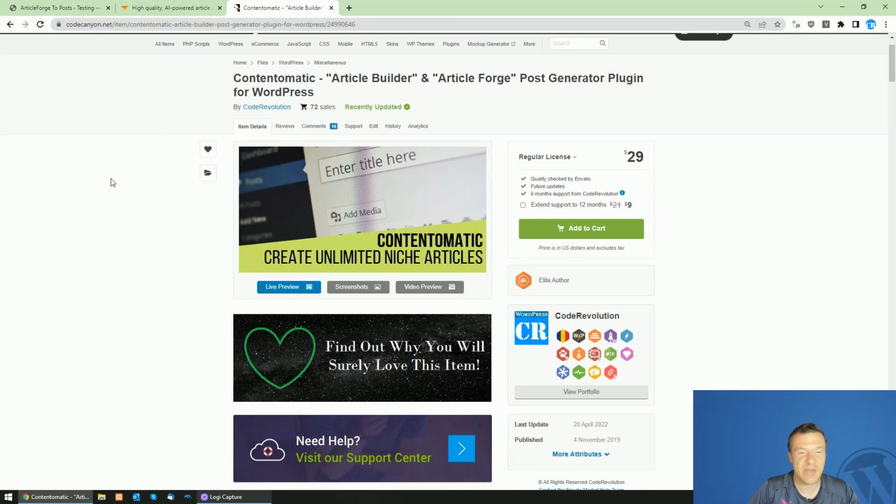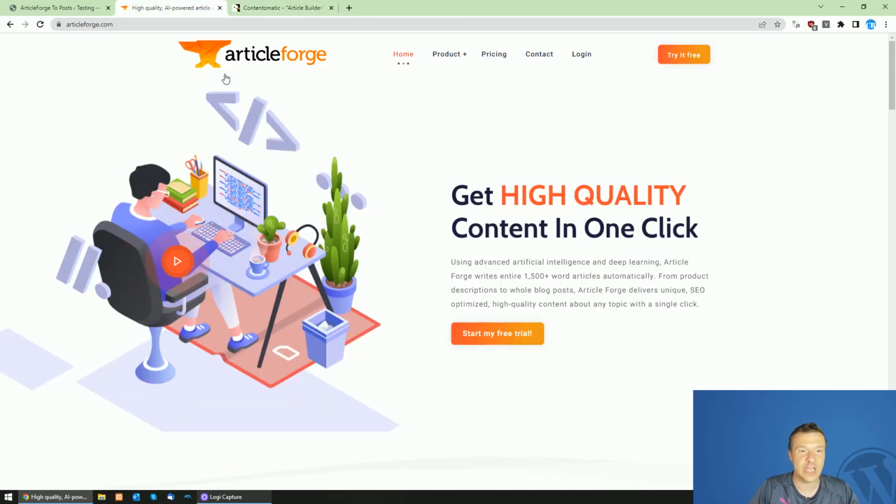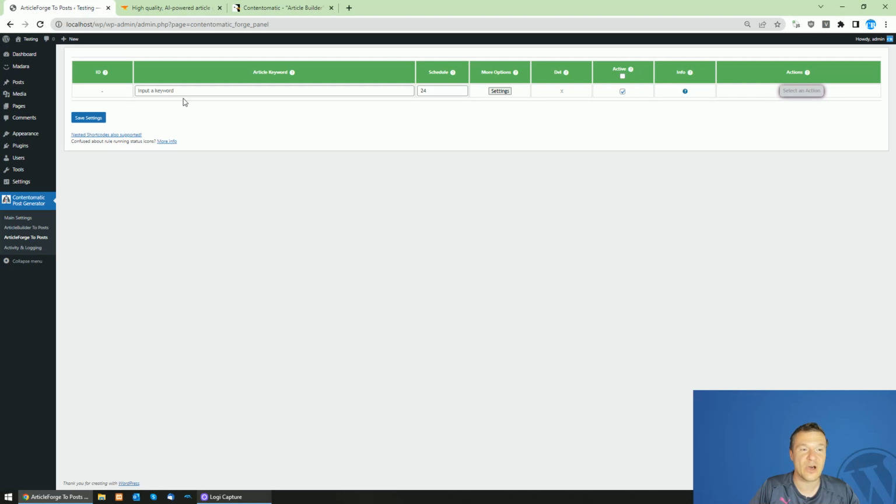So today I'm happy to announce a new update for Contentomatic, and this time the Article Forge API was improved, and I also updated the plugin to make it function with the latest API changes from Article Forge. If you check the Article Forge website, you will see that it provides unique articles based on simple keywords